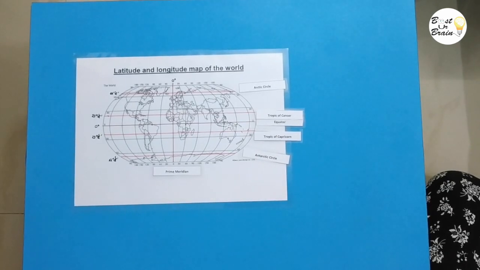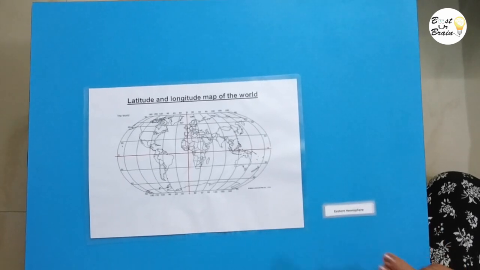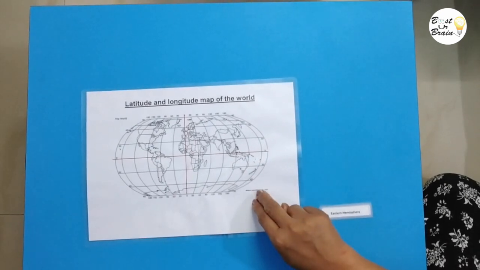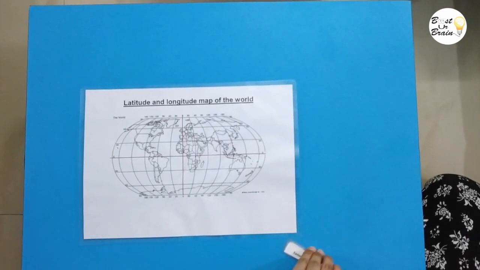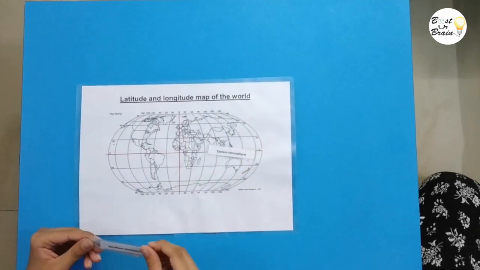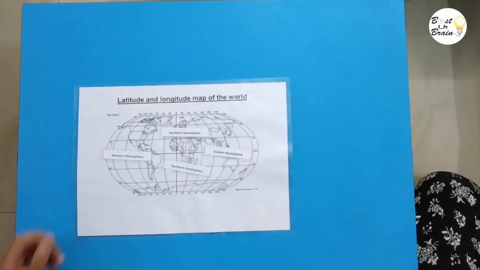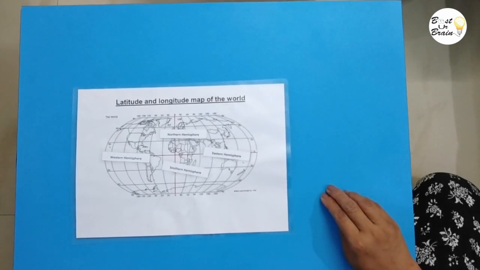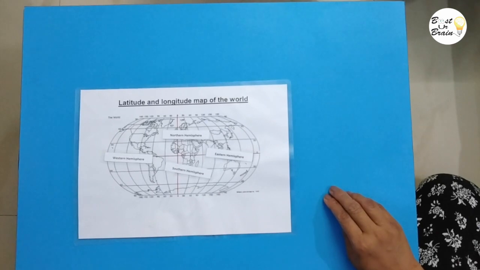Good. Let's do another activity. I have a map and labels of hemispheres. Can you please read and place the labels one by one on the map at the appropriate place? Okay. Eastern Hemisphere, Northern Hemisphere, Southern Hemisphere, Western Hemisphere. Good. The purpose of these activities is to make the child familiar with all the important latitudes, longitudes, and also with all four hemispheres.